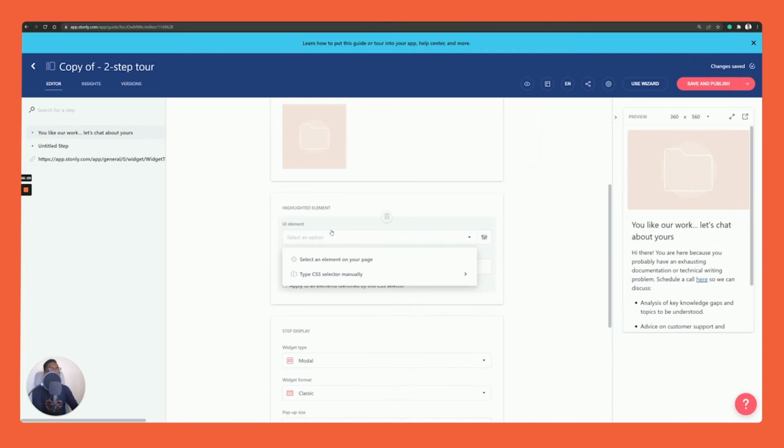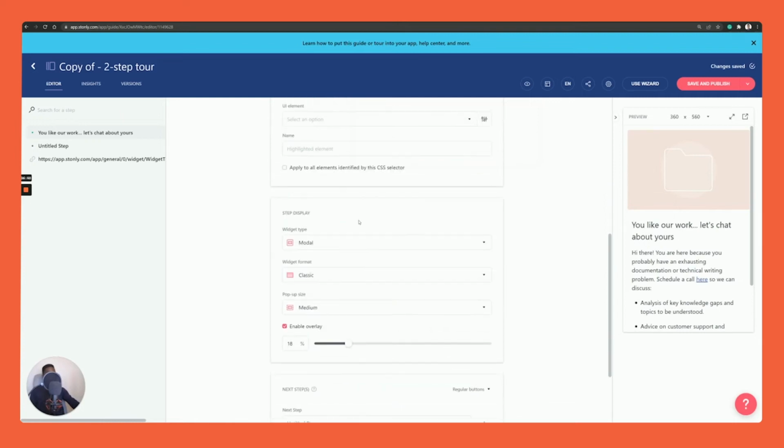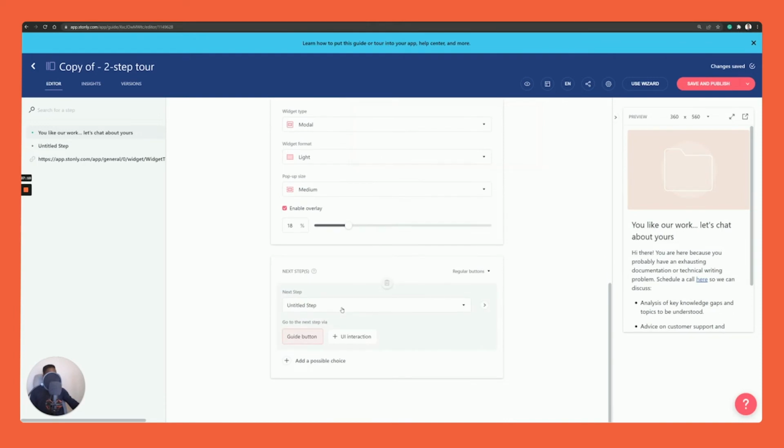So this is something that you can add a highlighted element for, and so when the guide appears, not only will people see the guide that you've prepared, but an element as well will be highlighted, and you can select an element on your page or type CSS selector manually, and then you can name the element. So step display modal, so this is just sort of how you want it to appear. There's different settings here for widget type, widget format as well, classic and light. I'll go for light. I like that light look. And then pop-up size, medium, next steps, untitled step,